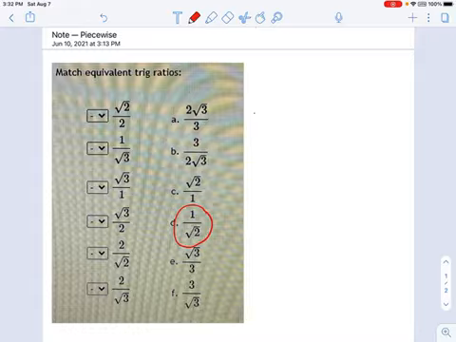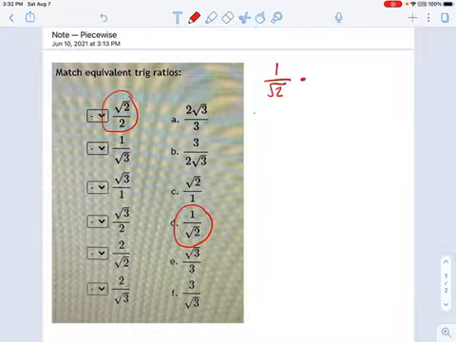And you have to understand, just by looking at it, that that is the same exact thing as this one over here. And I'll show you why. If you consider 1 divided by square root of 2, and you multiply it by a crazy 1. Remember, crazy ones are what we multiply something by when we don't want to change its value, we just want to change the way it looks.